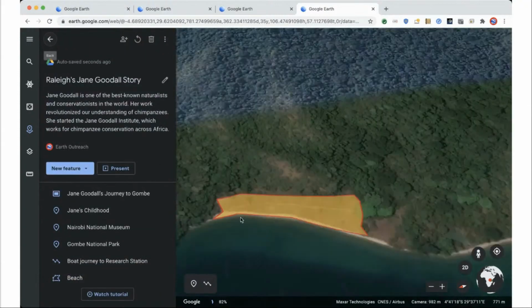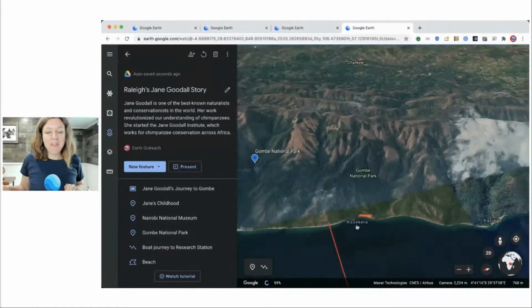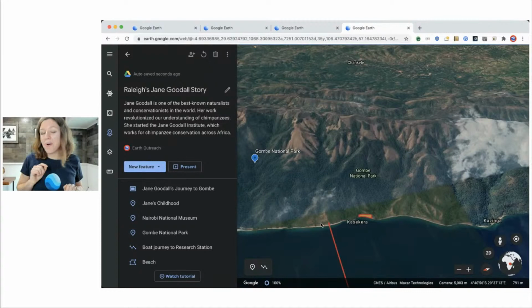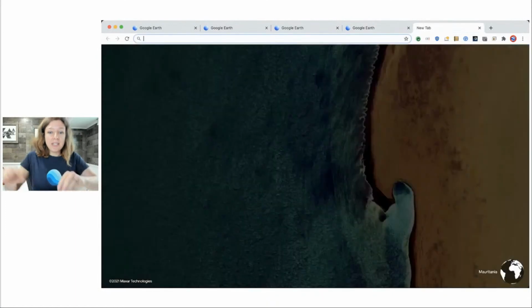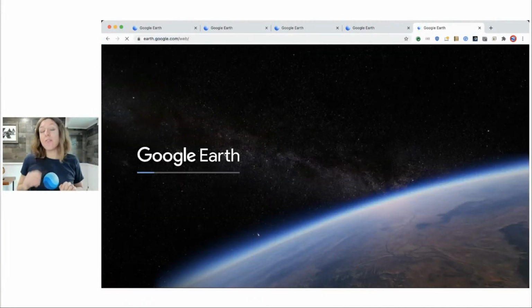So hopefully that gives you a few more tips on how to get started. The last thing I want to show you before I end the training is, what happens if you created something really cool today and you close your web browser and then you forget how to get back to it. So let's make sure you understand how you get back to your projects once you create them. So let's say you've closed this out. Remember to go back to Google Earth at